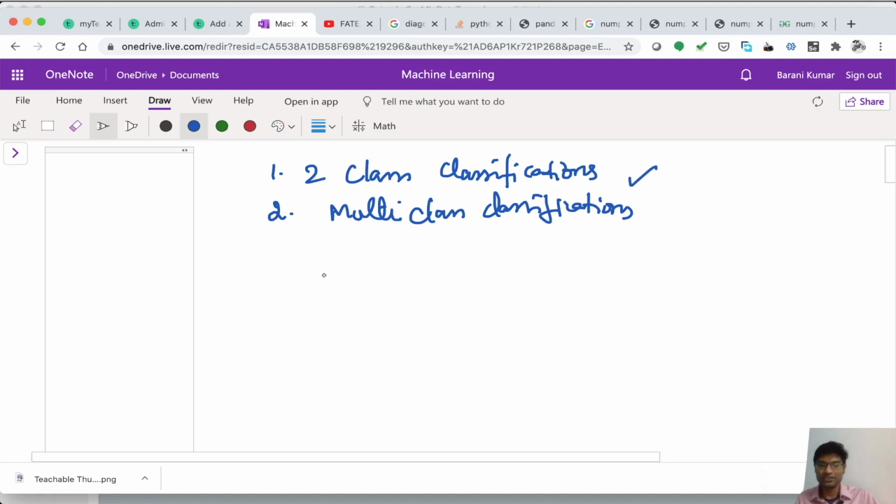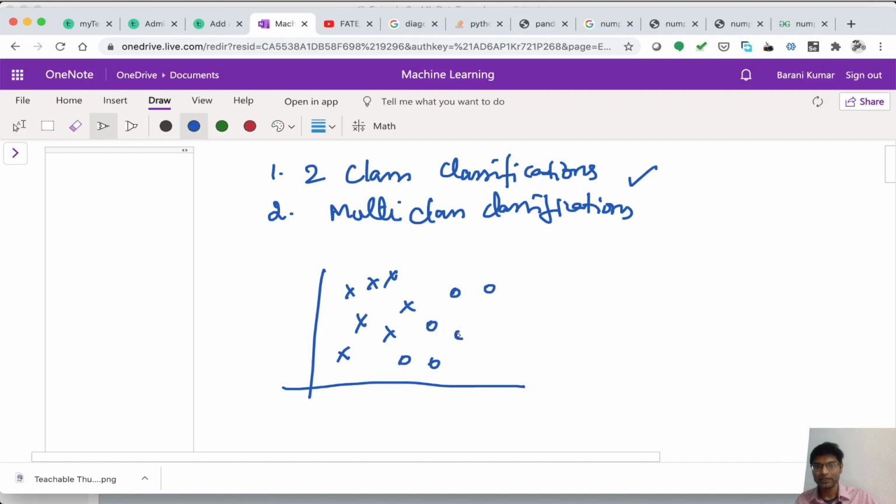Just assume we are going to have some data points where there are certain values marked by X and certain values marked by circles. If I am able to separate these two different sets of data by using a linear line equation, then this becomes our logistic regression model.